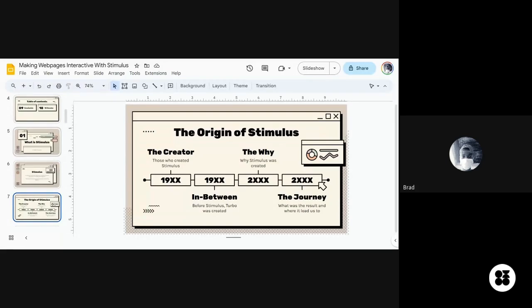Before we see why Stimulus was created, something was created before it. That's where we have the in-between. Something was created before Stimulus, and it was called Turbo. I didn't want to give Turbo a personal slide on its own, so I'm just going to summarize it.